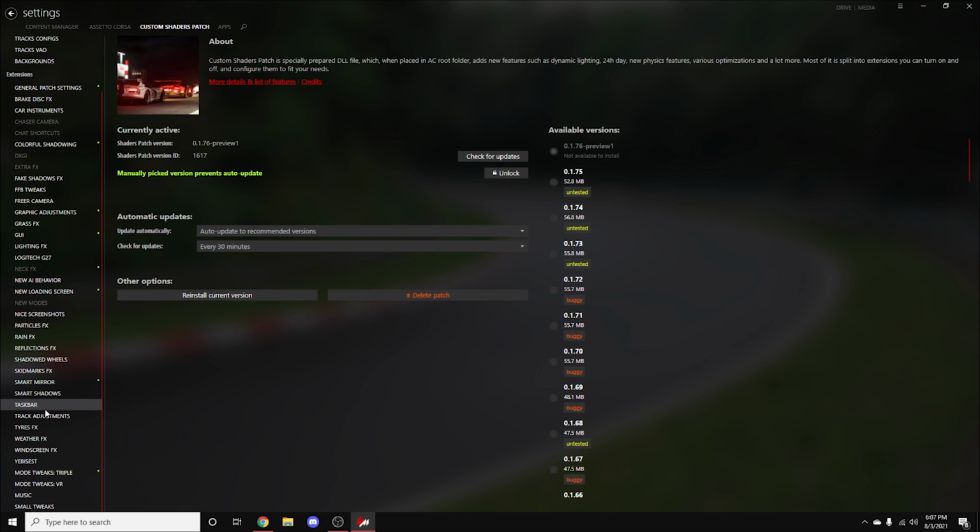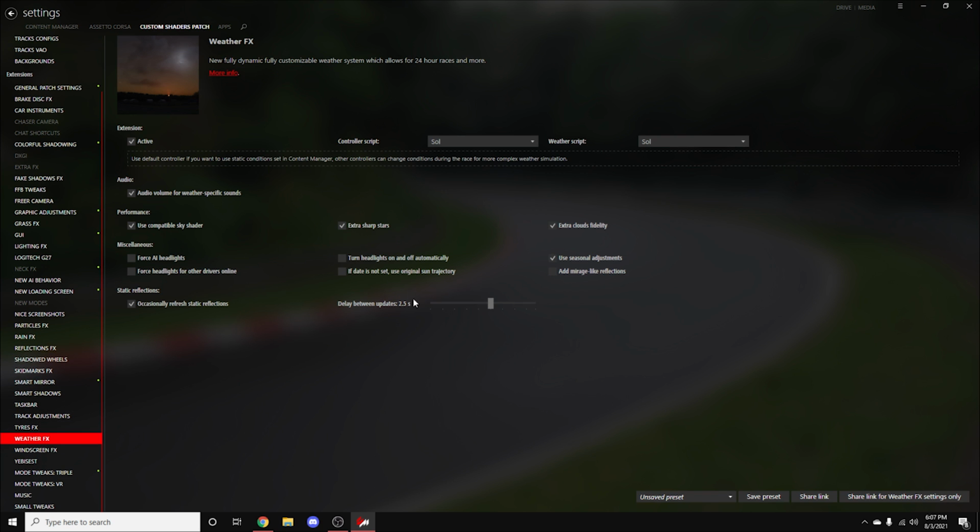Next, you're going to go into Custom Shaders Patch, and you're going to want to go to Weather FX. Now, there are two options. Of course, you're going to want to run your weather script as Sol, but for this, you have two options. Now, V2.0 is basically just you pick what weather you want, and then that is what it is. Sol 2.1 adds more of an AMS2 style system where you can schedule weather events, so it will dynamically change